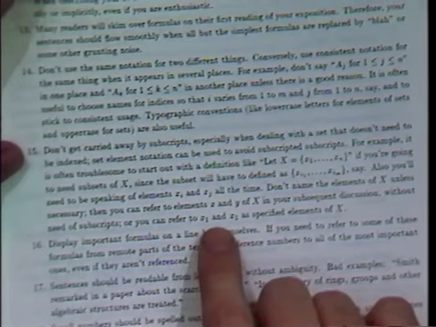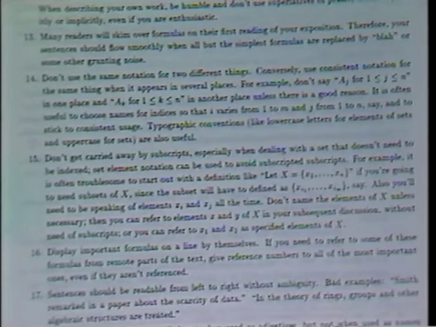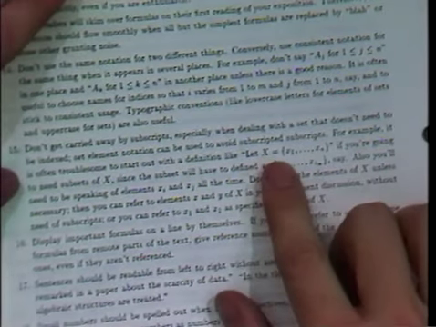Now, 15 is a really important one, and in the course I'm going to have an exercise that's based on removing unnecessary subscripts. And this text that we have, Writing Mathematics Well, has a detailed example of this and talks about this. It's a common trap to use subscripts and then need more subscripts and so on. One of the most common sources of this trap is if you introduce a set and then immediately name its elements with subscripts.